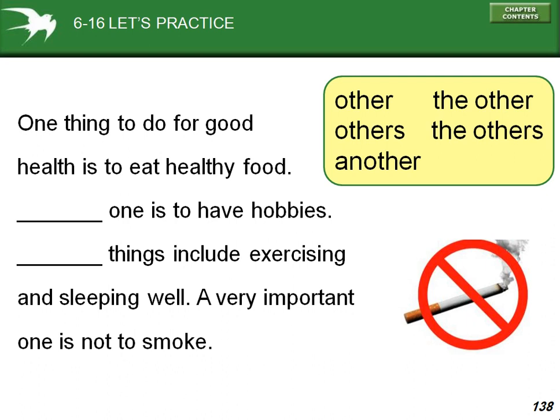That's the last example. One thing to do for good health is to eat healthy food. Now we'll say this is one thing of that. Another is to have hobbies. You will not use the plural form here. So we have other things, which include exercise,